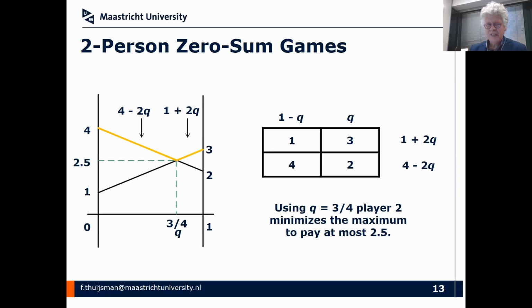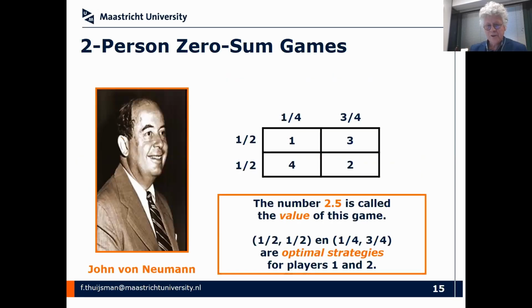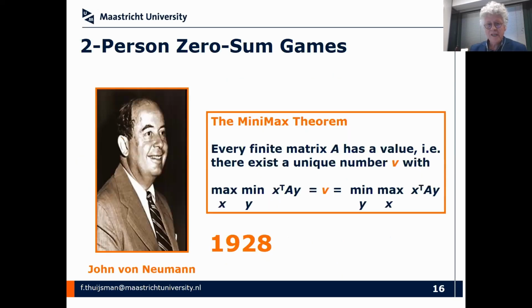I would like to minimize the maximum. And surprisingly, and I think this was really surprising also to John von Neumann, this maximum in the one problem and the minimum in the other problem are exactly the same. And this is not just a coincidence for this particular matrix, but von Neumann showed that no matter what matrix